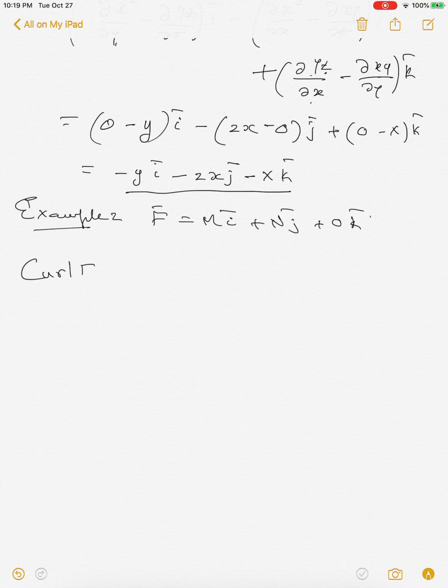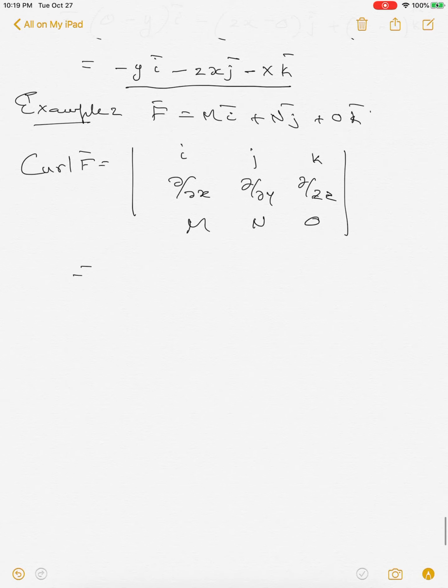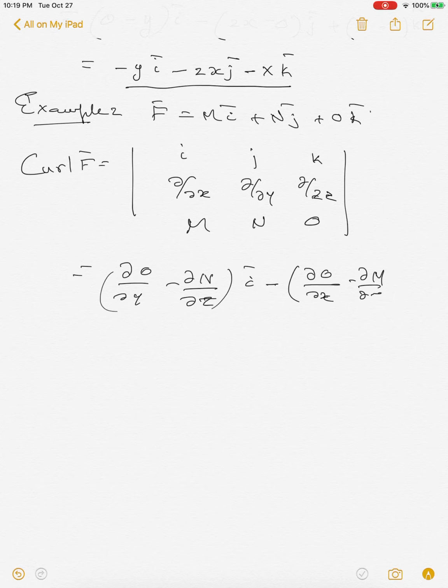Let's take f bar to be M i bar plus N j bar plus 0 k bar. Then the curl of f bar will be the determinant with i, j, k, d/dx, d/dy, d/dz, and M, N, 0. So what will this be? This is (d0/dy minus dN/dz) i bar minus (d0/dx minus dM/dz) j bar plus (dN/dx